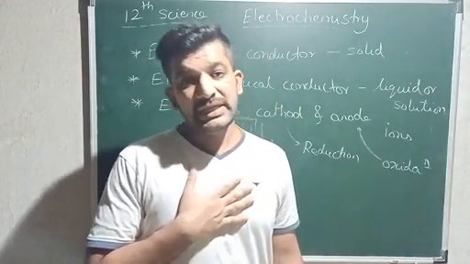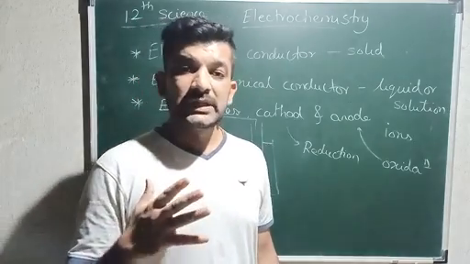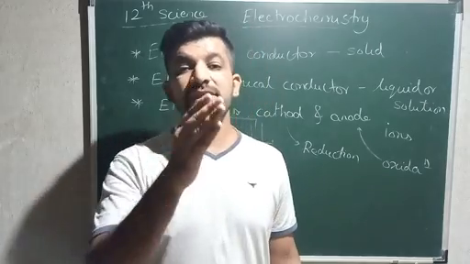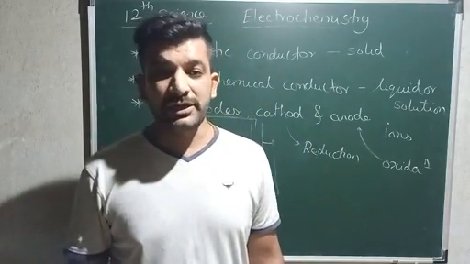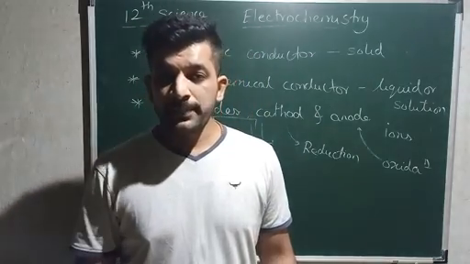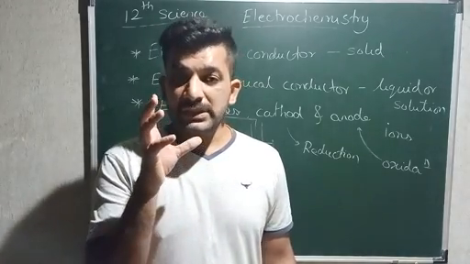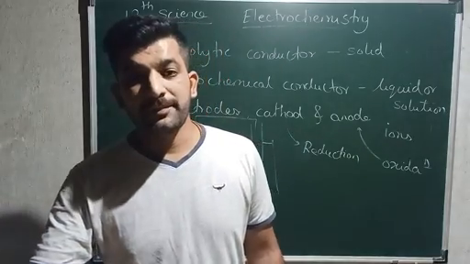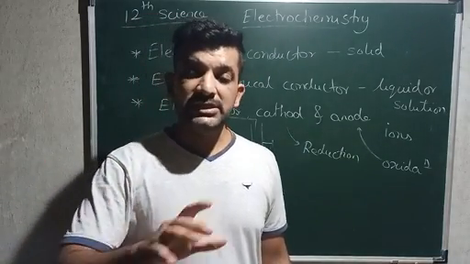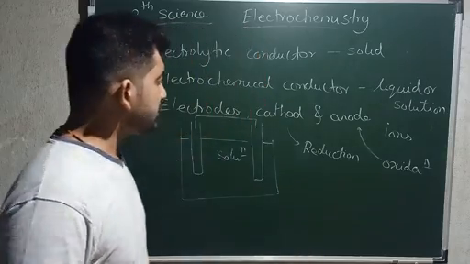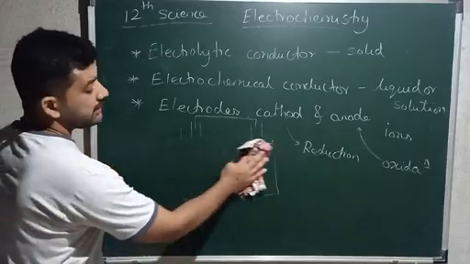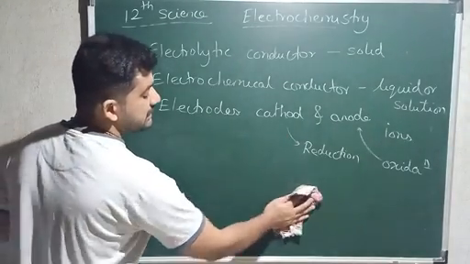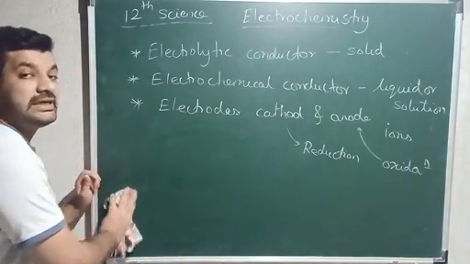The first thing which I think is most important for you is to understand the difference between electrochemical cell and electrolytic cell, which is highly important. If you are able to understand the difference between electrolytic and electrochemical cell, then and only then will the further chapter be easy for you to understand. So based on that, first we will see what an electrochemical cell and an electrolytic cell are.